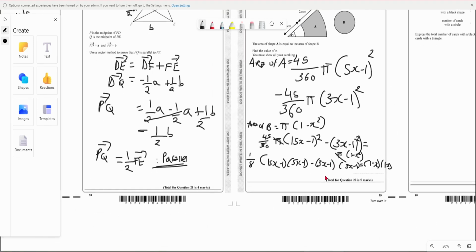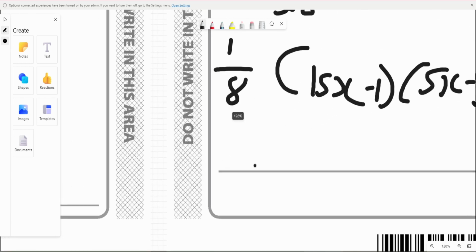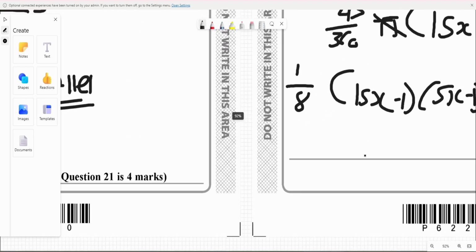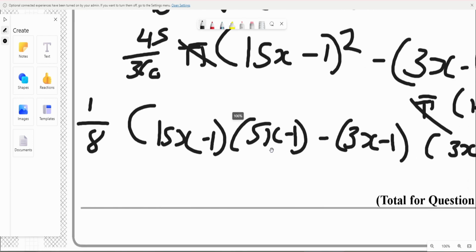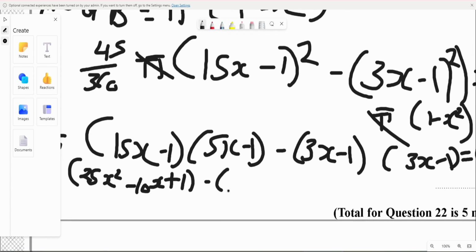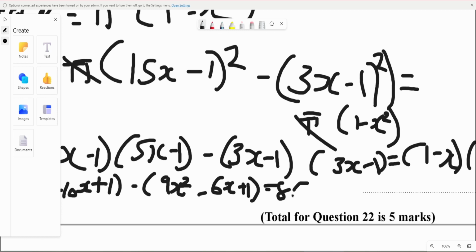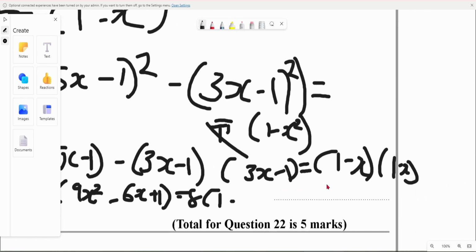Let's now expand. So we're going to get 25x squared minus 10x plus 1, let's put a bracket here, minus 9x squared minus 6x plus 1 equals 8 times 1 minus